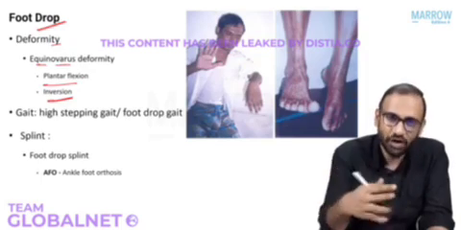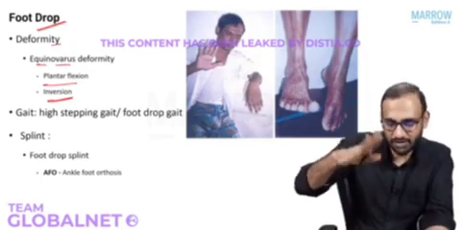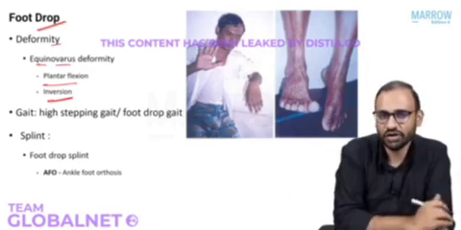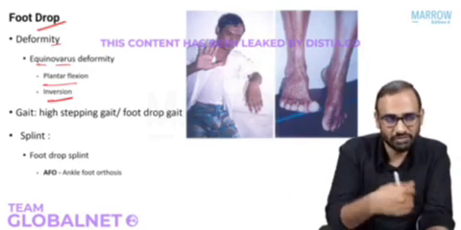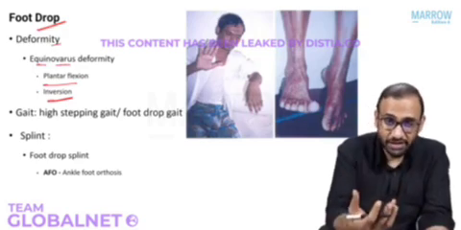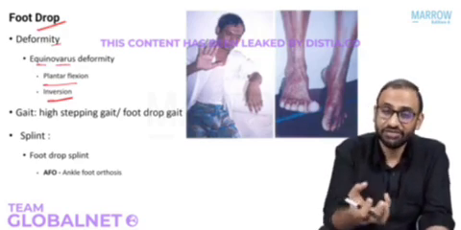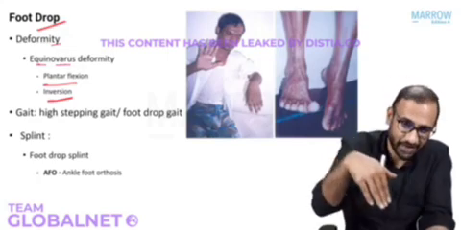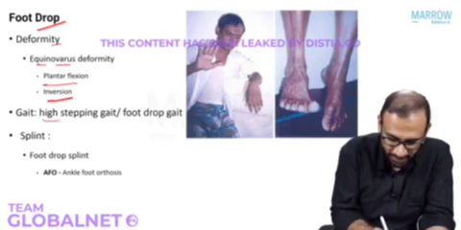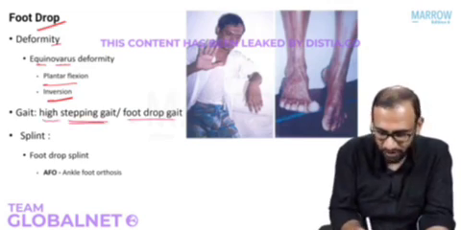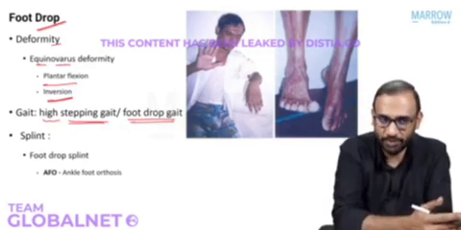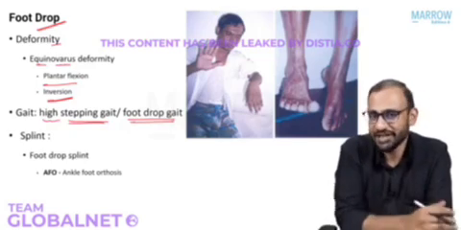And whenever the patient walks, because the patient is unable to ankle dorsiflex, the foot will drag on the ground. And when the foot drags on the ground, the patient will be uncomfortable to walk. So what will he do? He will exaggerate the hip and the knee flexion in order to lift the dragging foot off the ground. That kind of gait is known as high stepping gait or a foot drop gait. That's it. That is what happens in patients with common peroneal nerve injury or sciatic nerve injury,